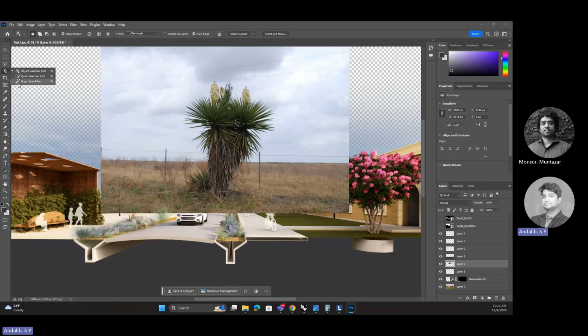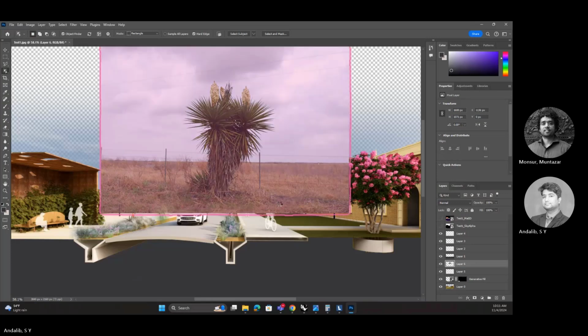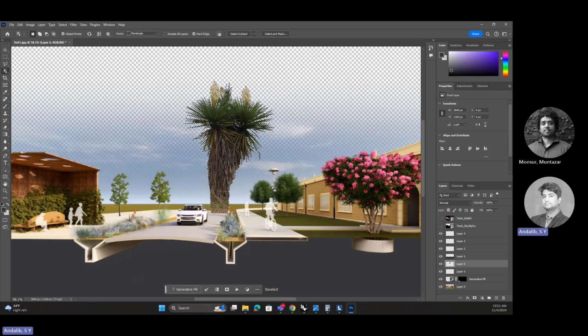Usually you'll see magic wand on top of it, but if you click and hold, you see the object selection, and then you just select an object. It does that. And we don't want the tree to be deleted. We want the sky and the other part of the image. So just Control-Shift-I, inverse selection, and then